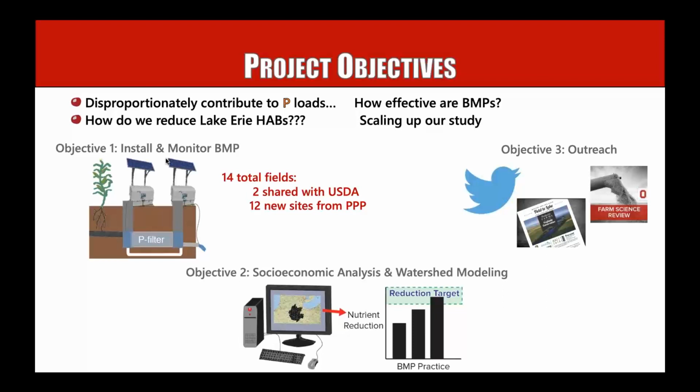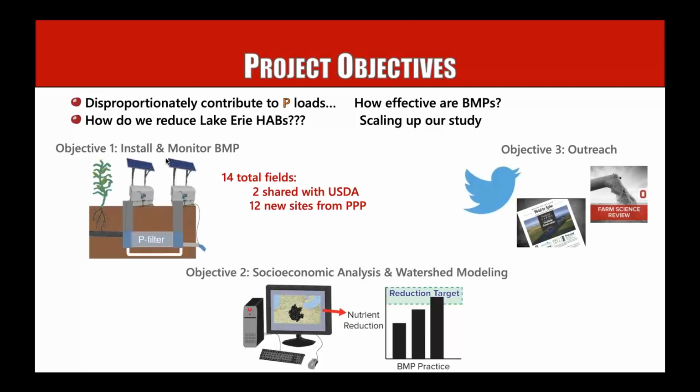And then objective 2 is our attempt to expand the reach of this project. So we're using socioeconomic analysis to try to determine what are some of the barriers to adopting these practices. What are some of the barriers to having nutrient service providers participate in projects like this? Is it simply economic, or are there other things that are involved? If we can demonstrate that it works on these 12 fields, we'd like to be able to replicate this approach throughout the Western Lake Erie Basin so that we could address other elevated phosphorus fields.